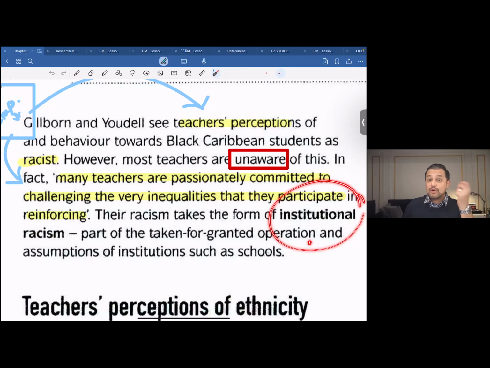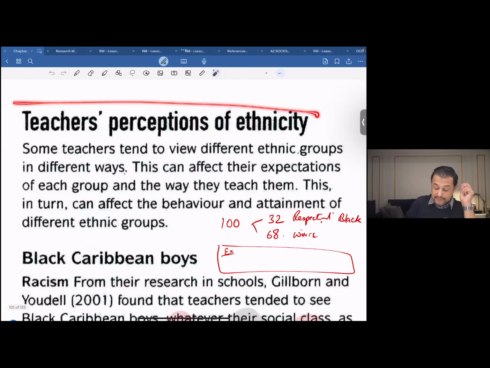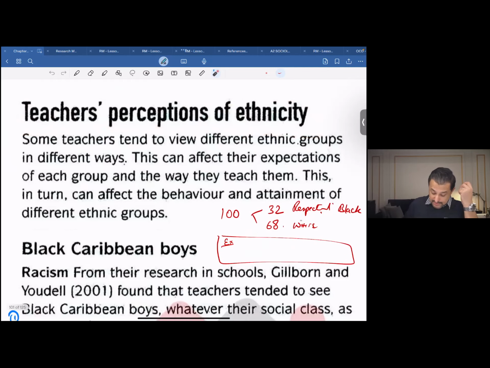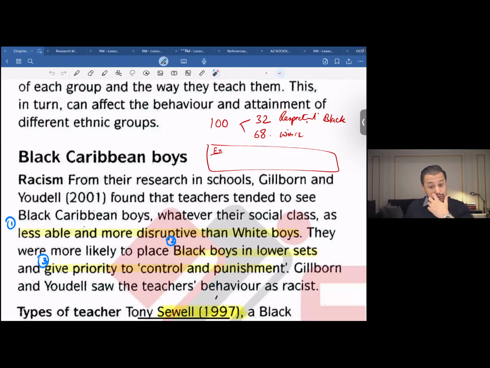Now, we spoke about the study that was conducted by Gilborn and Youdell under the heading Racism Within Schools. Now, taking this ahead, if we speak about teachers' perceptions of ethnicity, what sort of perception do teachers hold about individuals from different ethnic origins? Now, continuing with the study by Gilborn and Youdell,